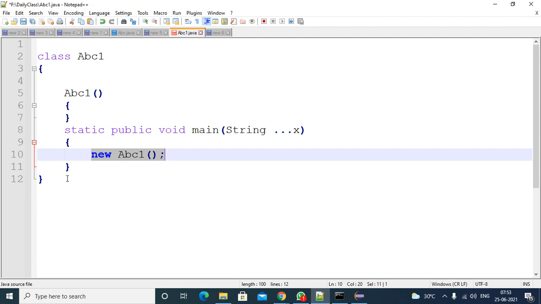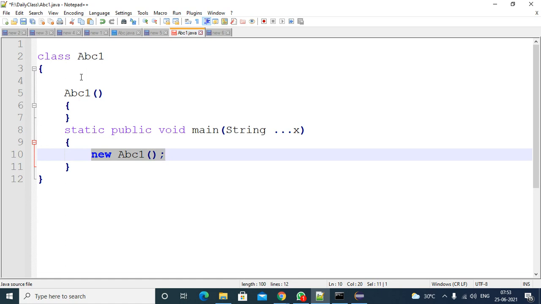That is one step. In the second step, for the instance variables, if the programmer has assigned any value, those will be updated in the second step. The instance variables will be updated with the programmer assigned values. Then in that process, if there are any instance blocks, the instance blocks will be executed.